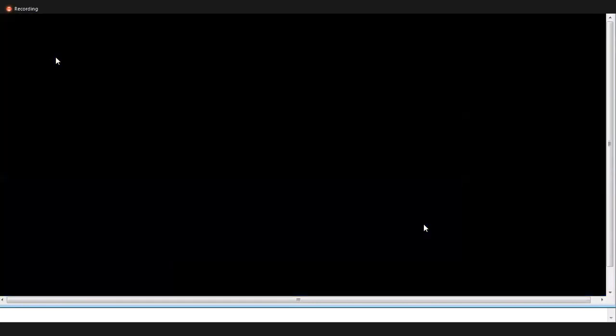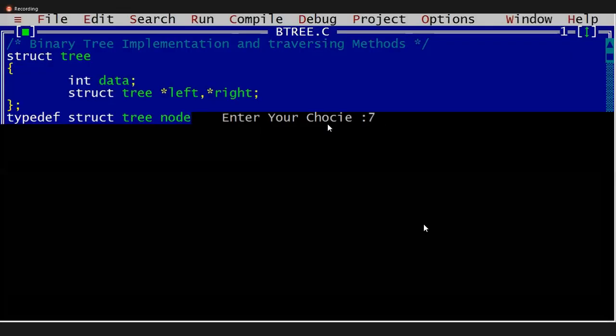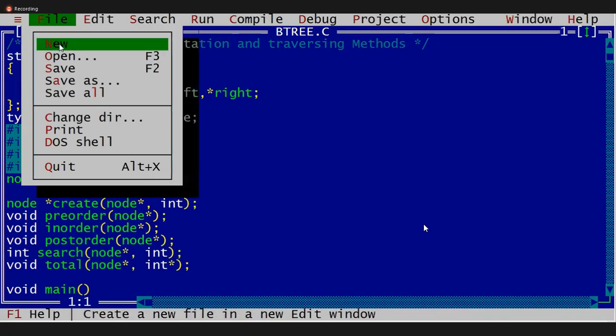Okay, I want it like this. Creating the pre-order, post-order, in order, and search totals are not required. First, create these three functions: in order, pre-order, post-order. We write them, guys. Okay, now you know, right? What is in order, pre-order, post-order? I want options like that, up to 7 for exit. See this, how to write?